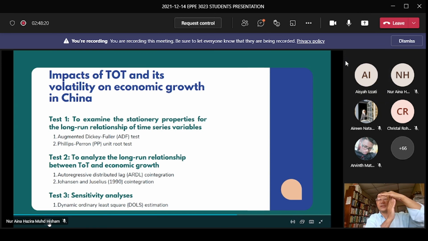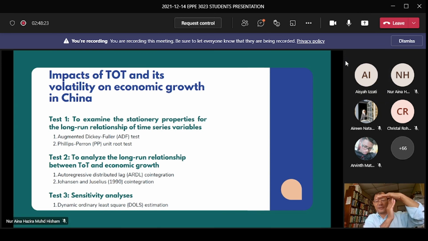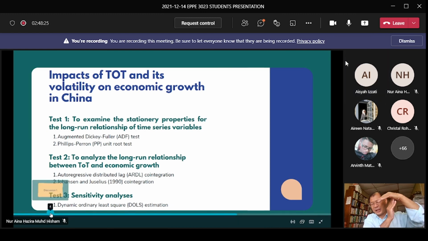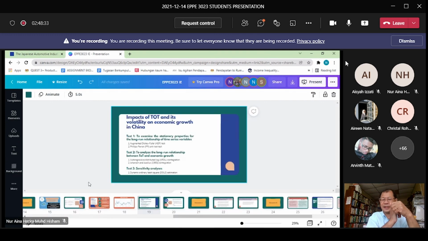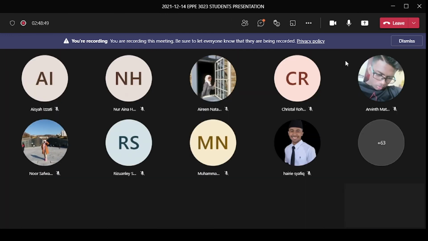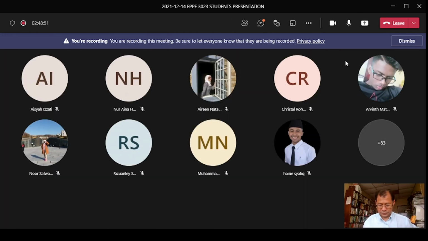I'm afraid that we have to continue in the next class because it's already 2 p.m. Yes, doctor. I'm so sorry for your group and groups 8 and 9. We have to bring it forward to next week. Inshallah, we can manage better next week. Sorry, we have to stop now because it's 2 p.m. The other students will have to join another class. So, we have to stop now. Thank you all for presenting and